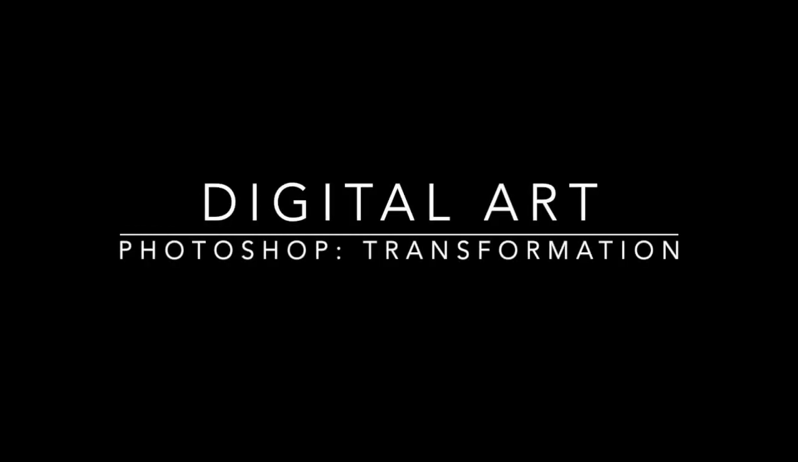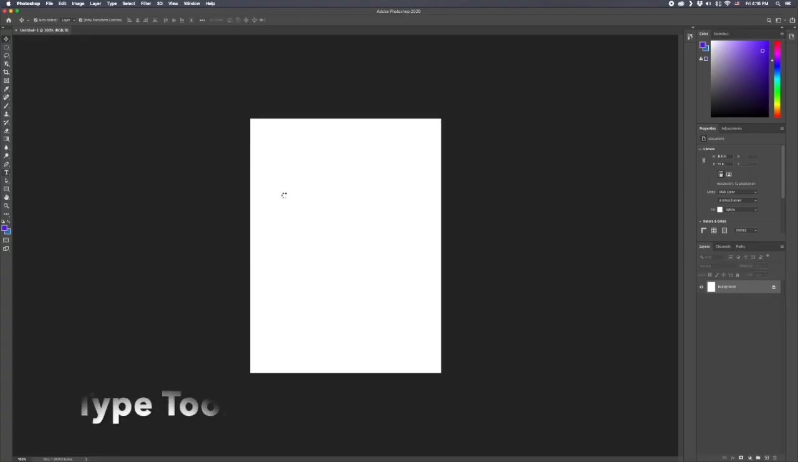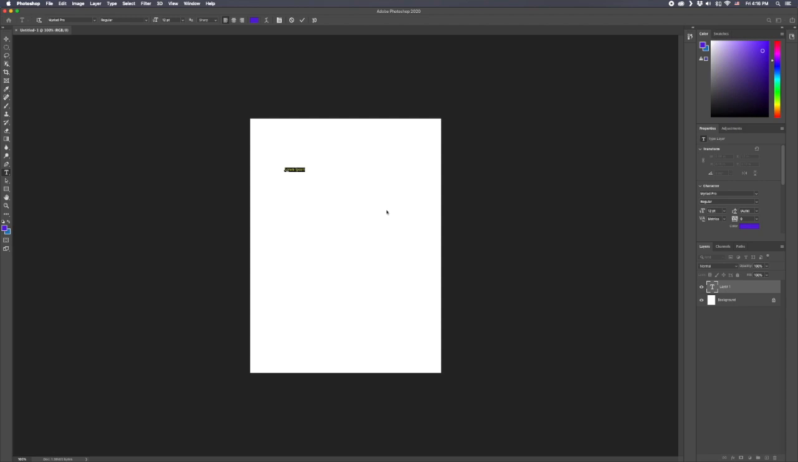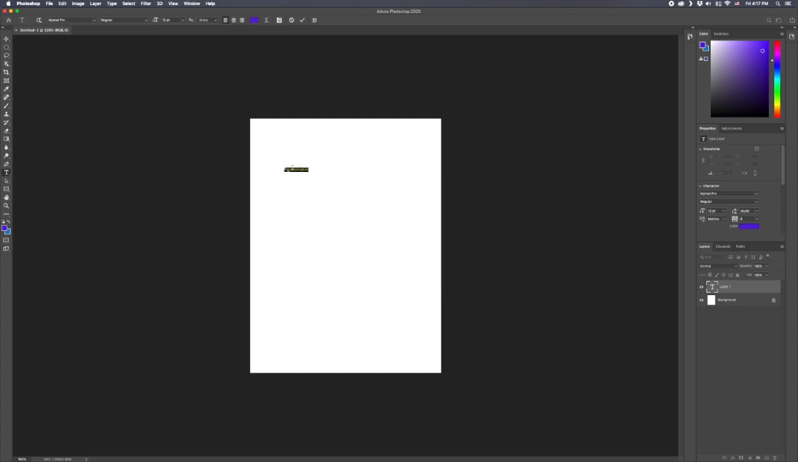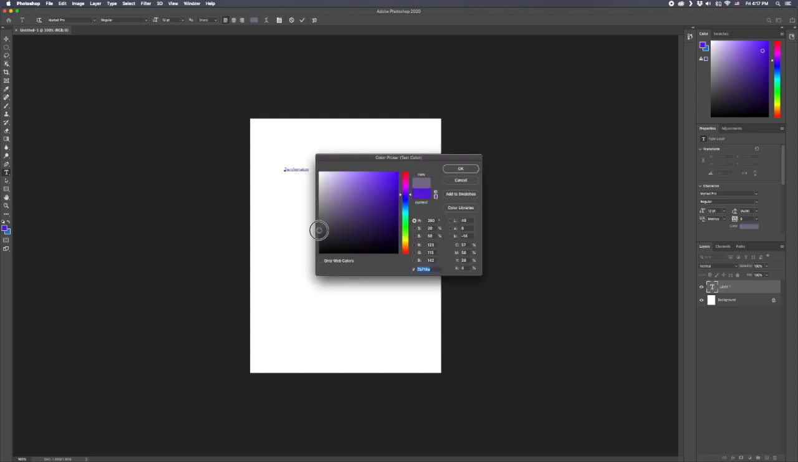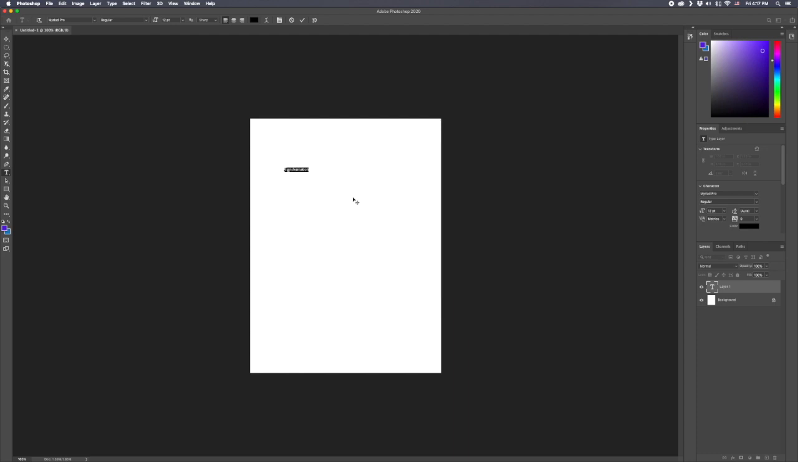I want to focus today on transformations in Photoshop beyond scaling and rotating, which are usually accessed in the Edit menu. So we're going to do all of our transformations today using the Edit menu, Transform. I just laid down a little type here using the type tool, and I'm going to recolor it and